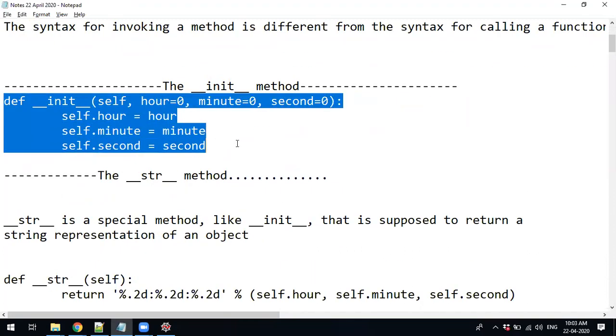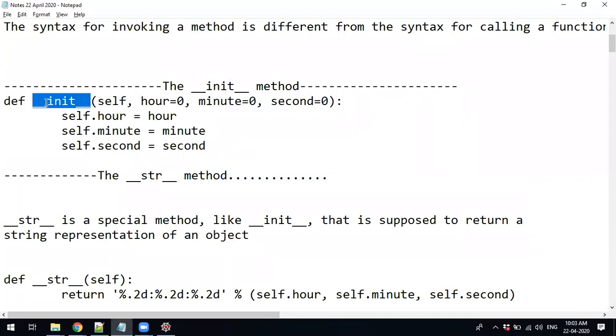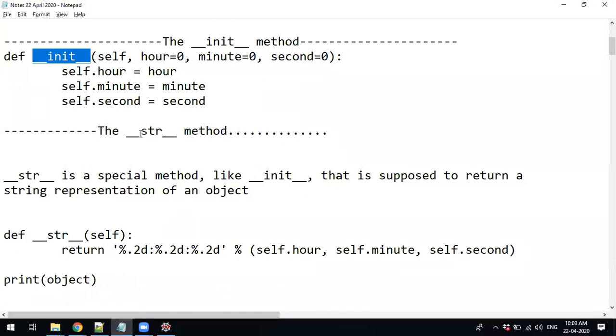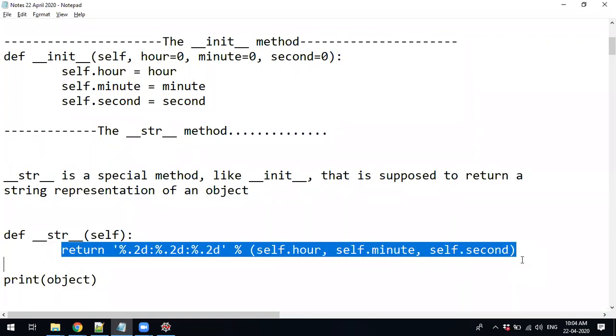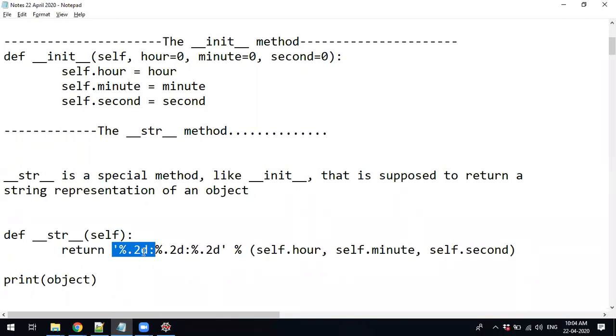And in yesterday's class, we discussed the initialization method. This init method is used for initializing the class attributes. And one more, str, is the new method you have seen. The str method is called whenever you print the object inside the print function. If you directly pass an object, like a time object, student object, or employee object, this str will automatically be called. Whatever you write inside that, it is going to print.